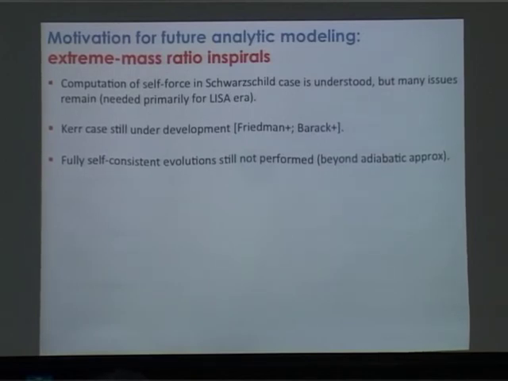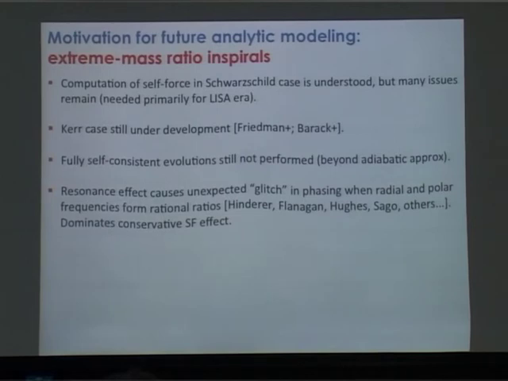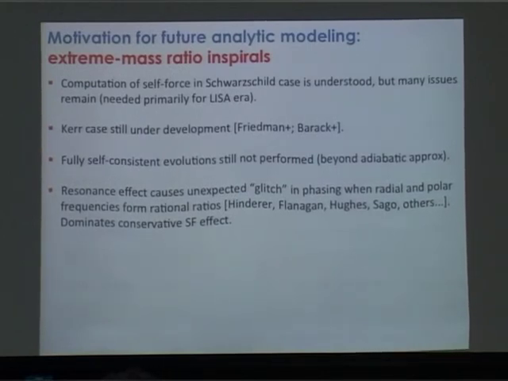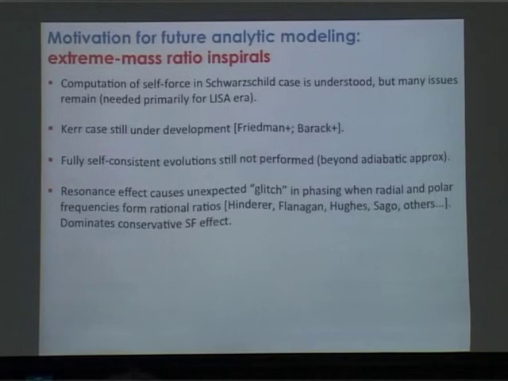In principle, the size of these effects should be estimated, but it seems like many effects that you initially ignore end up being important, so it's likely these effects are going to need to be taken into account. This resonance effect also is very important and will need to be modeled, but it makes the modeling of these EMRI systems much more difficult because it introduces an additional dependence on another orbital parameter, which we thought we essentially didn't have to know about. So this transient resonance effect is going to dominate over this conservative self-force effect, which people have spent years trying to compute.